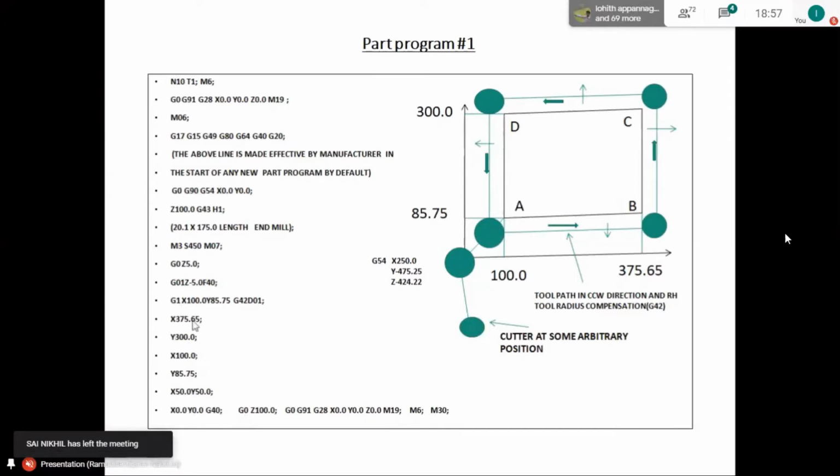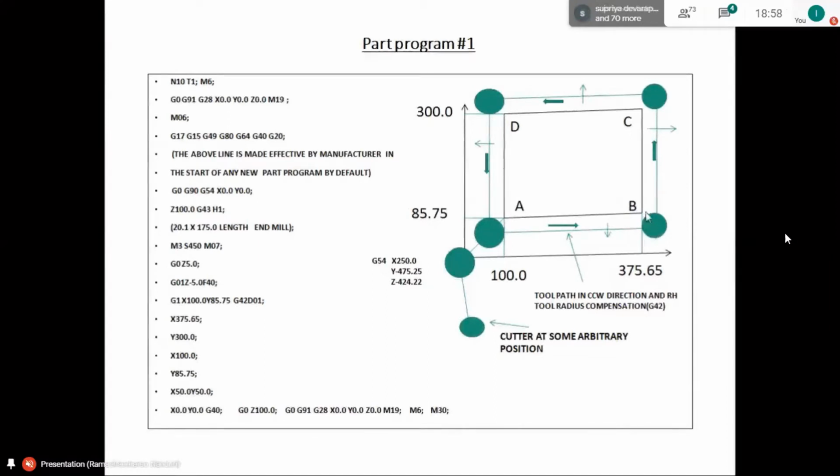Okay? So the cutting tool is performing cutting action from A to B in this direction, and the cutter has been shifted towards the right side with reference to the tool path. And so we have already reached the corner B.